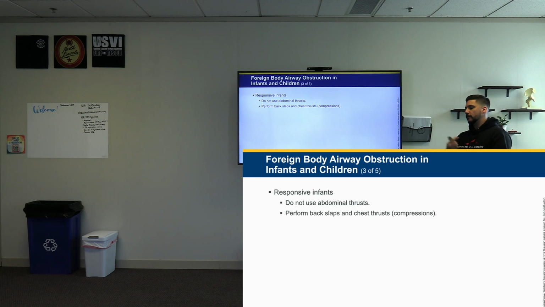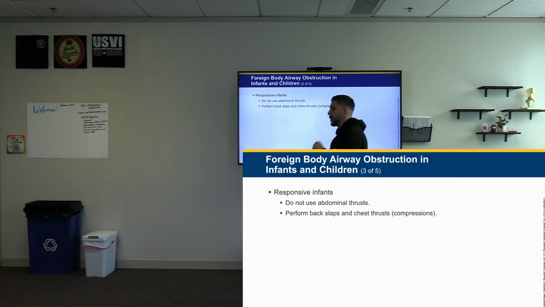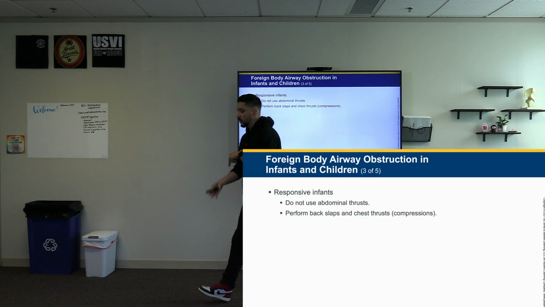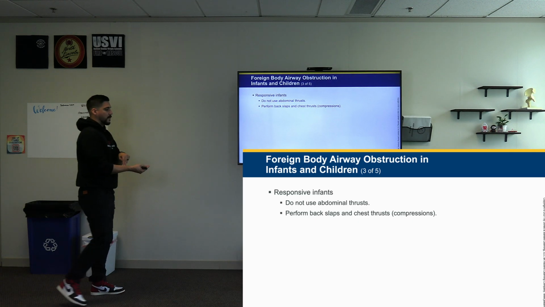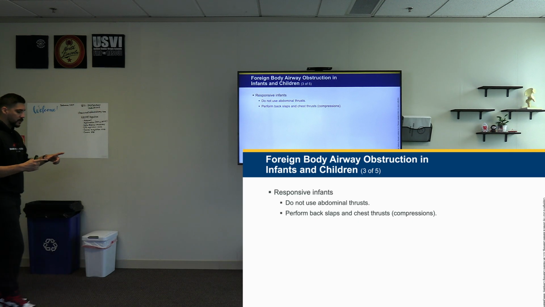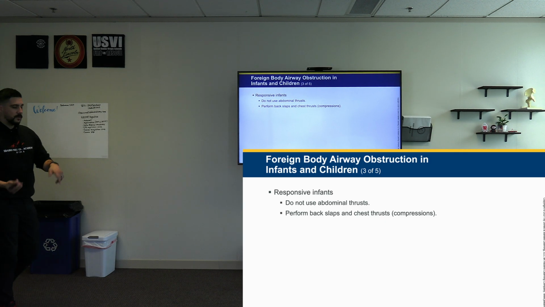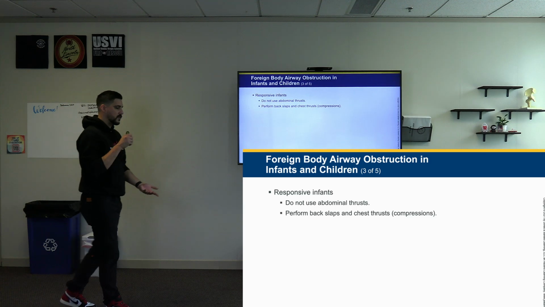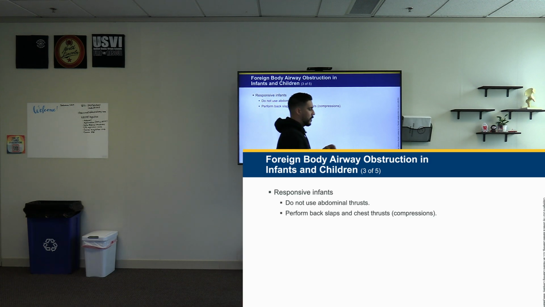Once we do that, we're going to flip them over. 5 chest compressions, usually using the 2-finger method. And once again, use gravity. Keep their head angled down. Once we get those 5 chest compressions done, we are going to take a look. Do we see the obstruction? If so, pull it out. If not, flip them back over, 5 back blows, flip them over, 5 chest compressions, take a look, and so